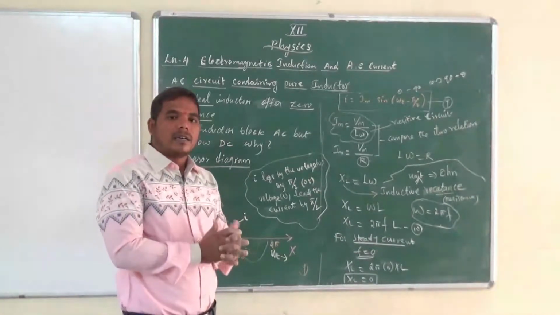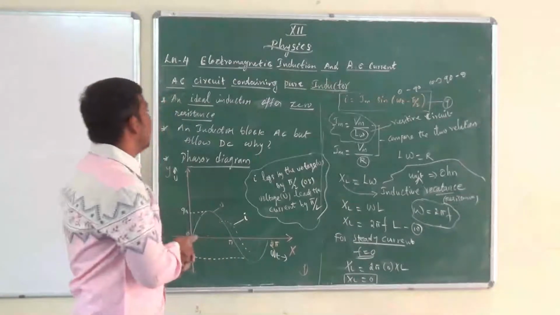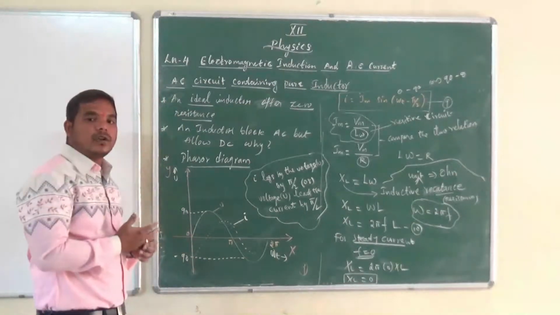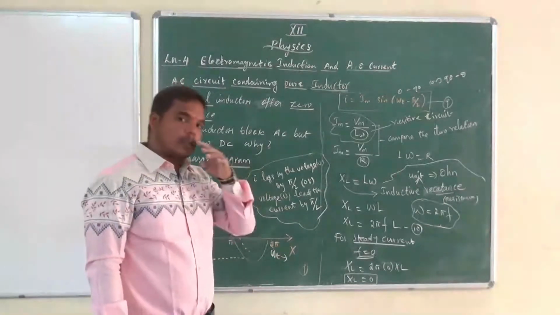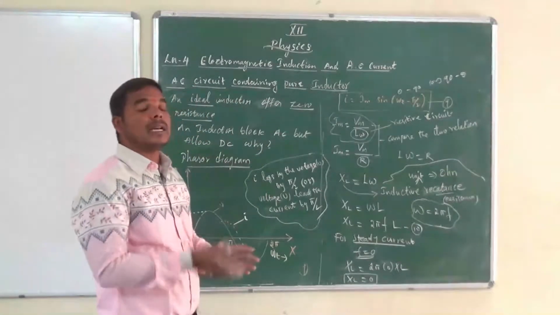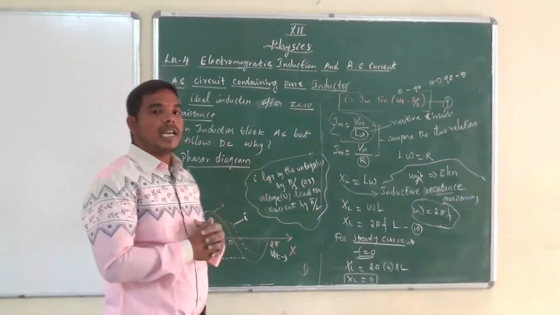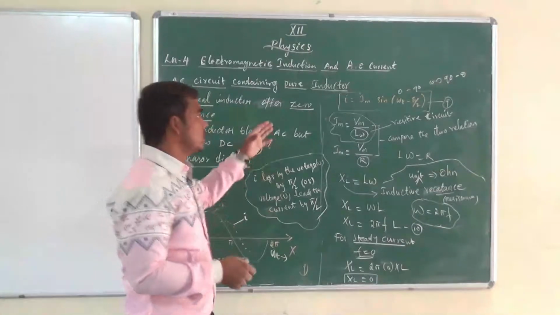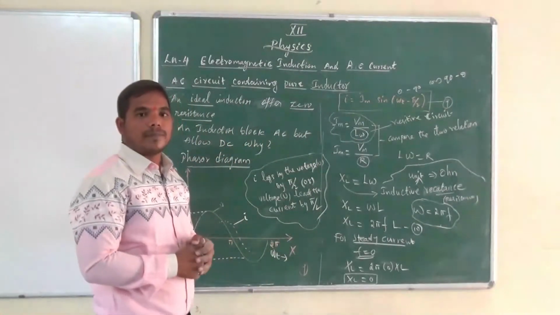For steady current, what is the inductive reactance? 0, because an ideal inductor offers 0 resistance and it varies directly. These are the questions, and use this equation. NEET level and JEE level questions are also created using these equations and the phasor diagram. Okay, if you have any